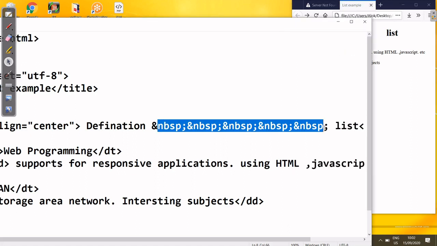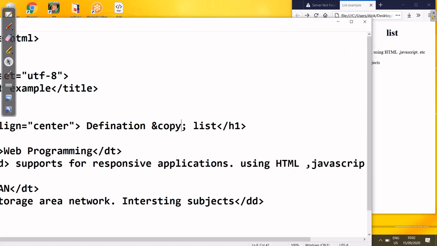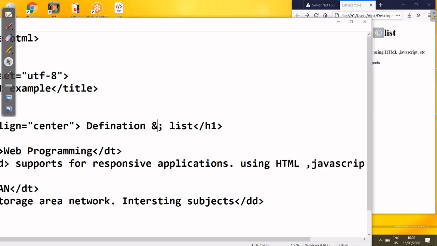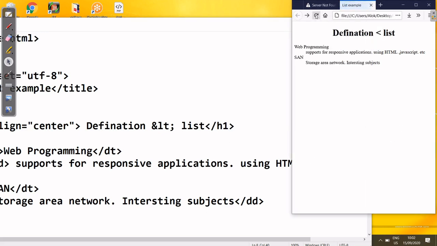Coming back to copy, the same concept. I put copy here, and you see the symbol is there now. Then coming to LT, Control S, refresh, you see less than.